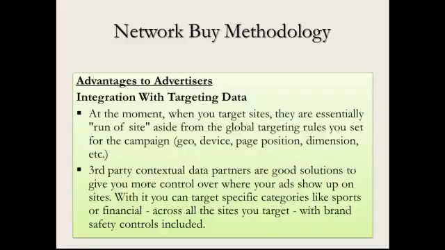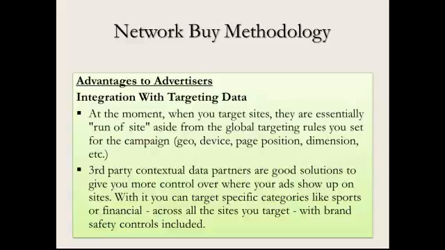Another advantage we have is we can have integration with targeting data. At the moment when you target a site, they're essentially run of site aside from the global targeting rules that you set for your campaign. So geo, device, page position, dimensions, etc. Third-party contextual data partners are good solutions to give you more control over where your ad shows up on sites. So with it you can target specific categories like sports or financials across all the sites you can target with